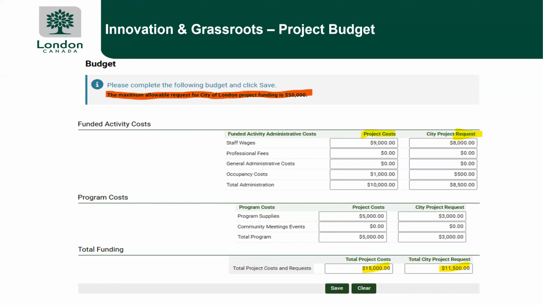So you can see by example here, staff wages, we're saying, oh yes, it's going to cost us $9,000 in staff wages, but we're only asking the city for $8,000 towards that. So you can see at the bottom there, it auto calculates. The total project here is costing $15,000. We're asking the city to support it with $11,500.